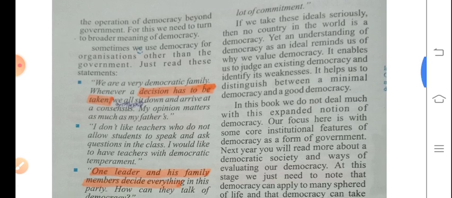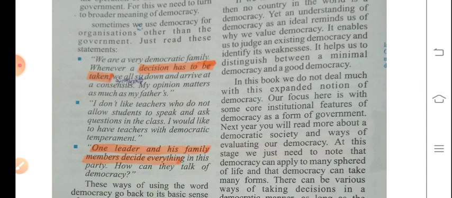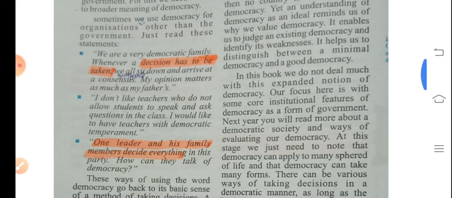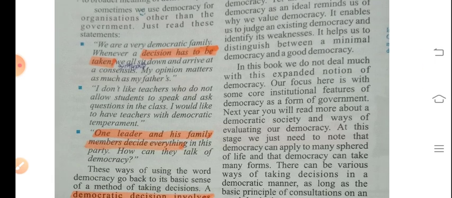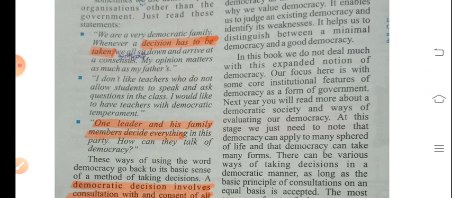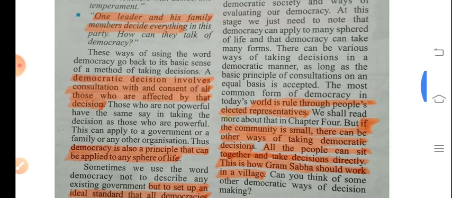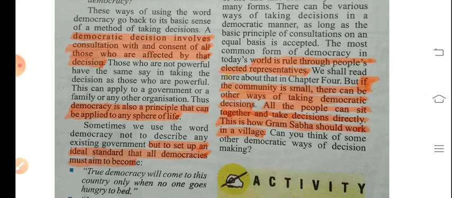It enables us to judge an existing democracy and identify its weakness. It helps us to distinguish between a minimal democracy and a good democracy. And we also get some value to check the difference between the minimal democracy and a good democracy. Now you also see here that the most common form of democracy in today's world